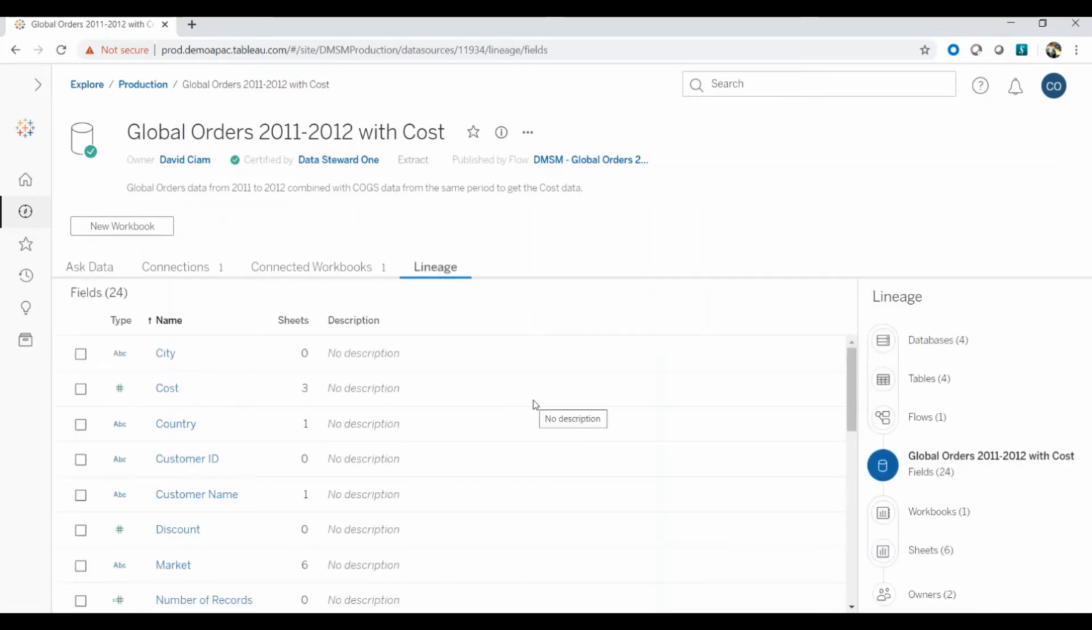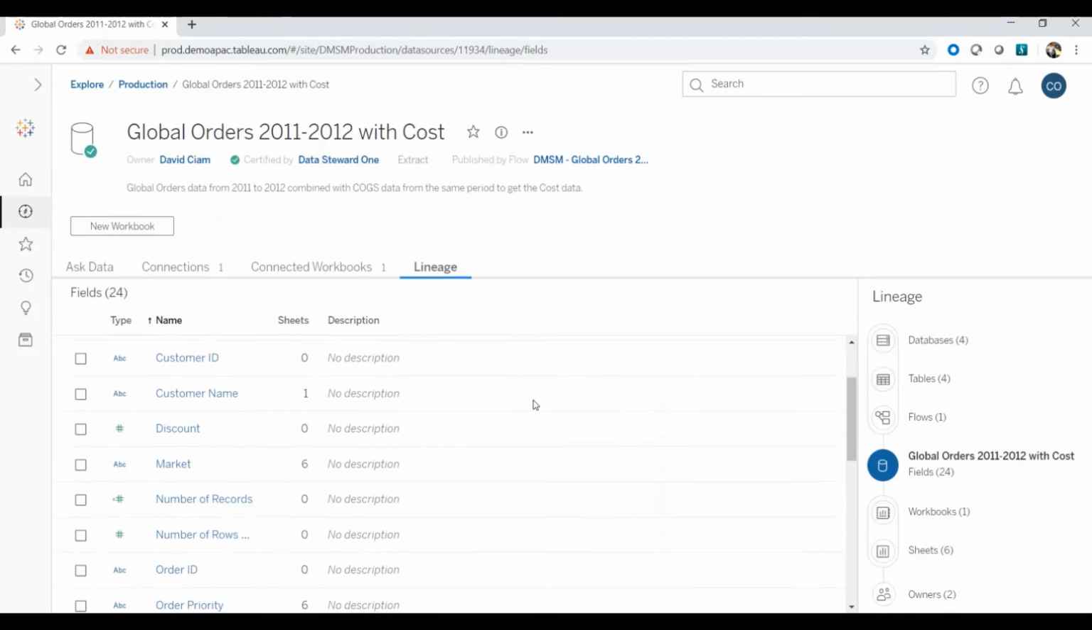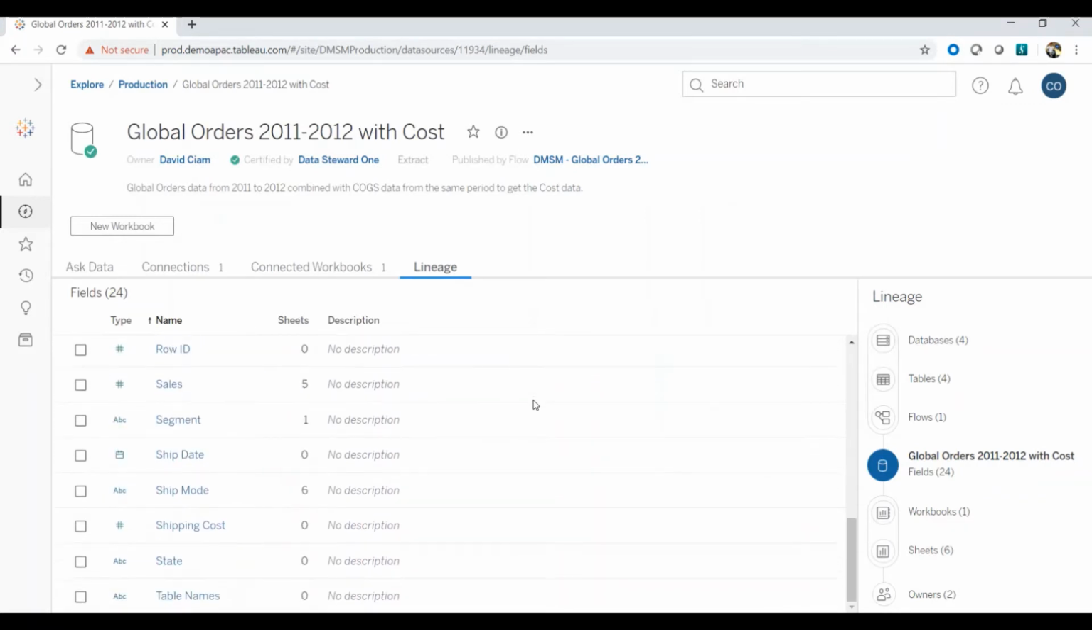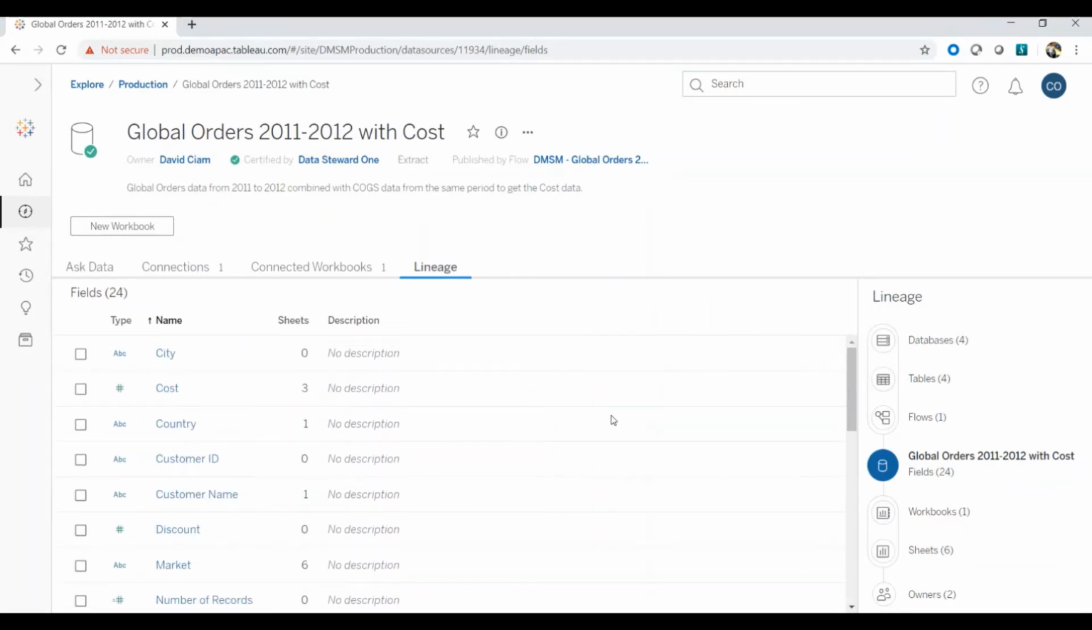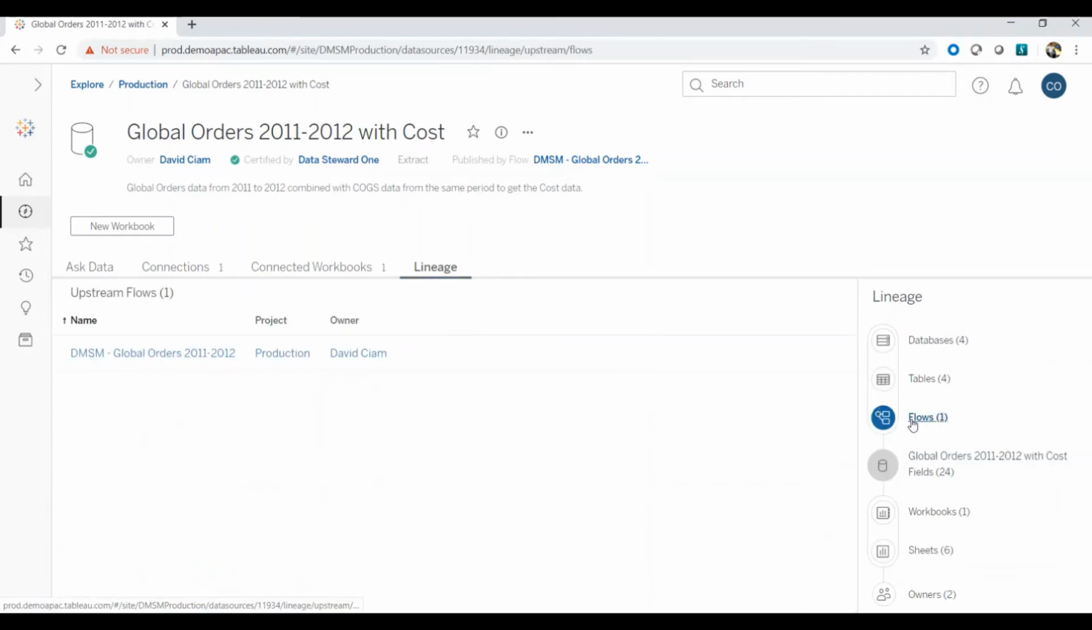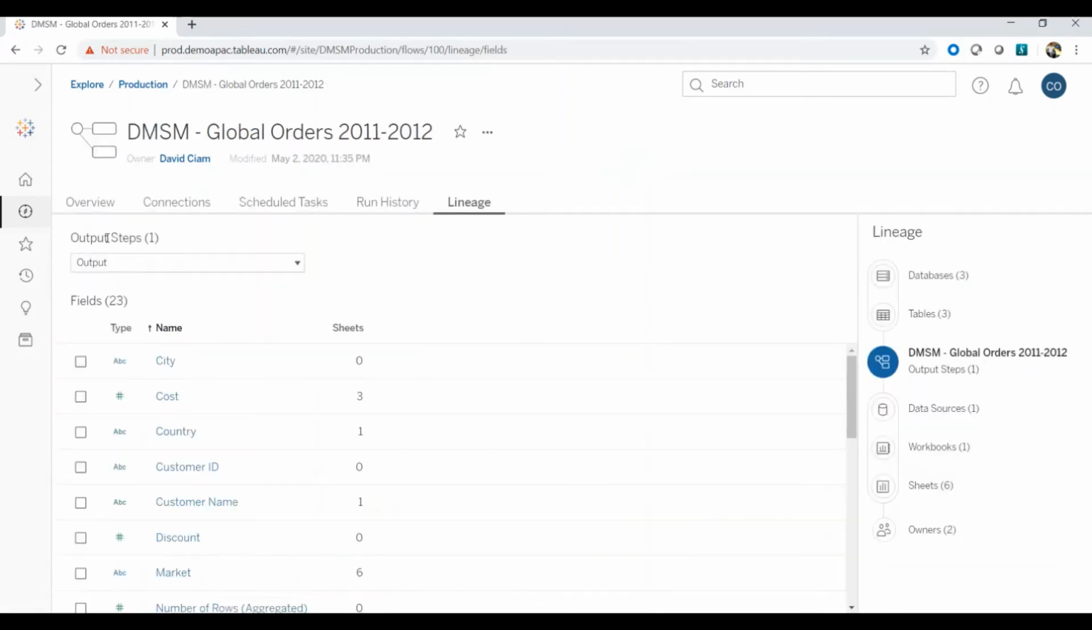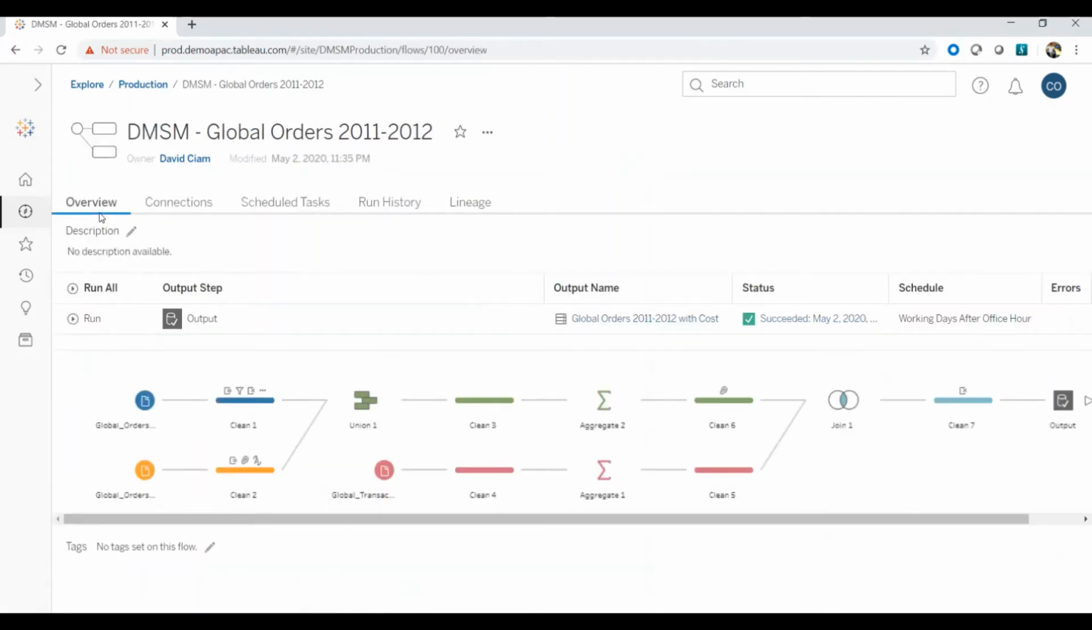So from here, I can see that there are 24 columns available for me. These columns were actually generated from the Tableau Prep Flow. I can drill down to the Prep Flow and see the overview as a creator. I can see how the flow is made and what happened,